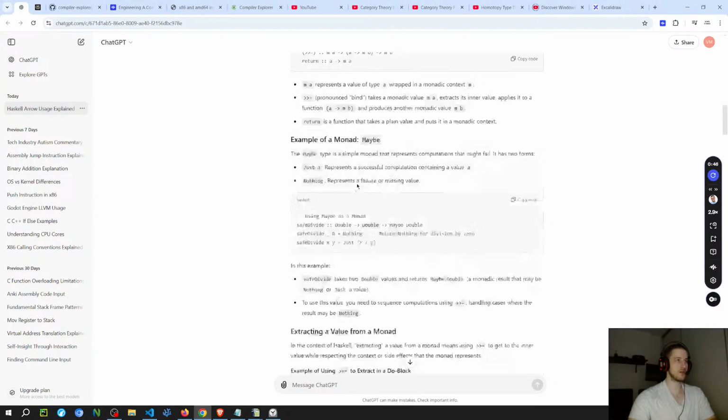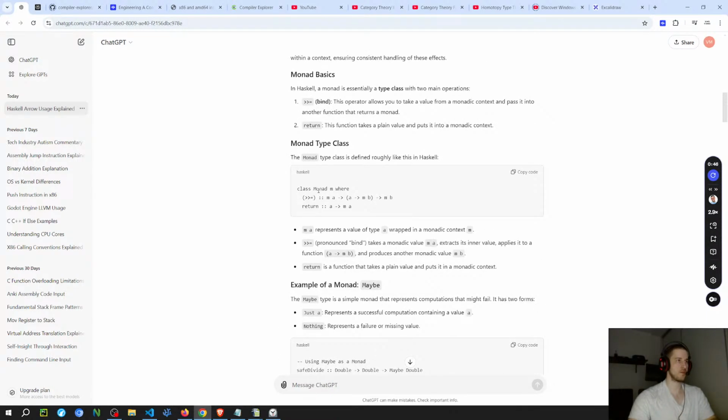So as far as I understand, this is Haskell code, and I think this can be thought of in the same way that this works. As far as understanding Haskell, you don't have classes, you only have functions. So a monad is like a way to be able to have side effects on functions,